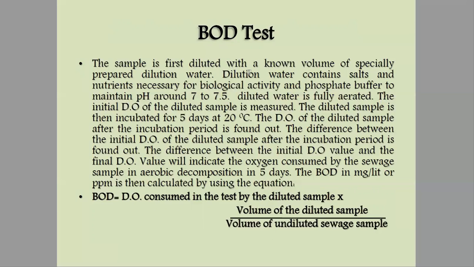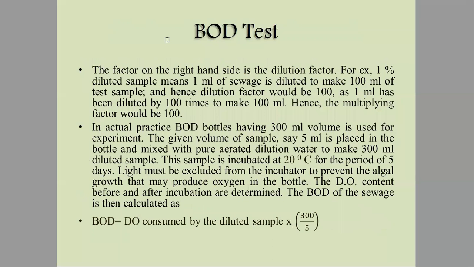Basically, biochemical oxygen demand can be calculated by determining the dissolved oxygen in the sample initially and after 5 days. We note the dissolved oxygen content initially and after 5 days. This difference gives the value of BOD with a relation. We'll see this in detail and also see questions based on this in the coming lecture.